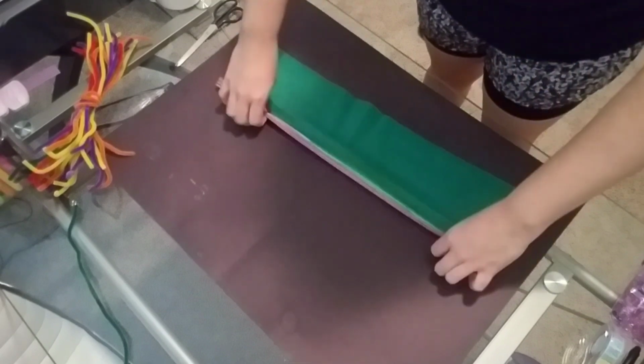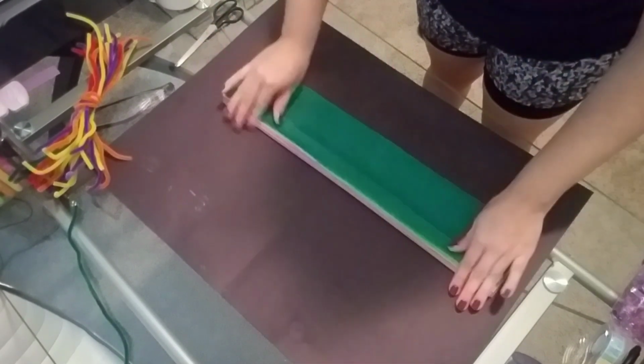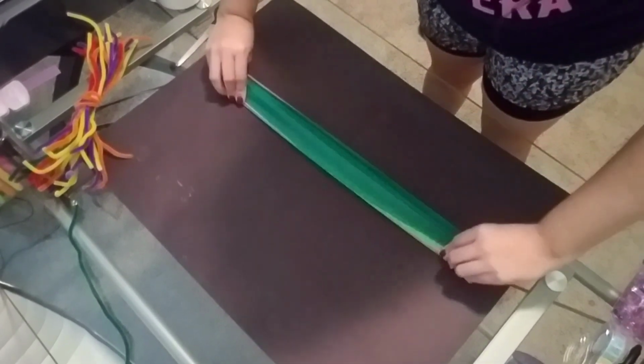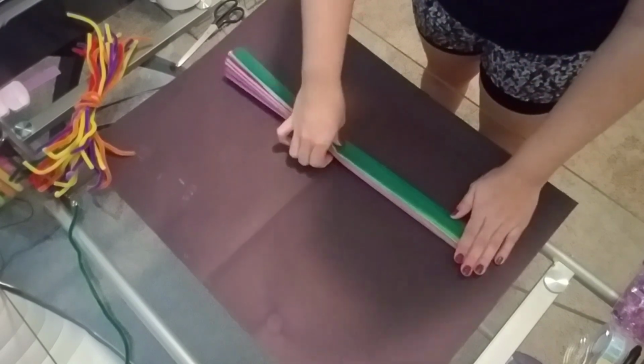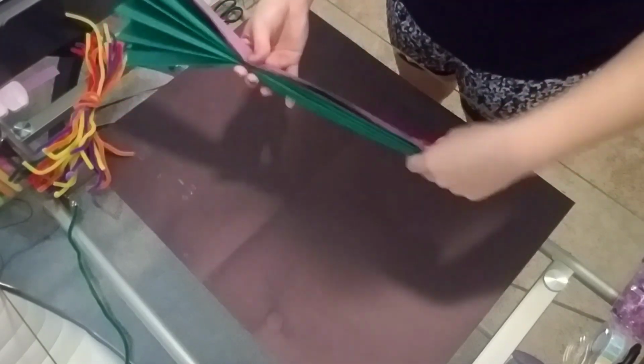Now, since I do have a lot of sheets of tissue paper, it's going to be a little bit harder for me to crease down. But go ahead and just try to apply as much pressure as you can to get a nice good fold. Alright, so now we're going to go ahead and try to find the center